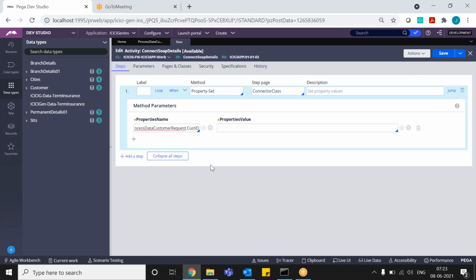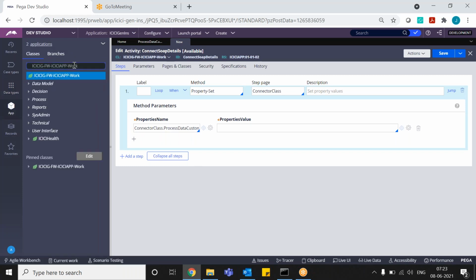Oh, it is not populating automatically, sir. We have to provide it. Do you have that request property? Can you just open that connector?